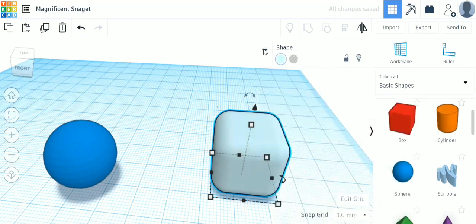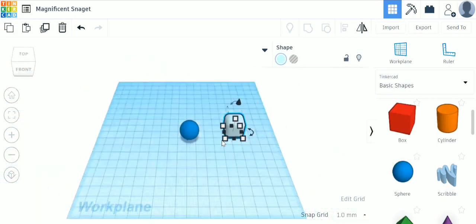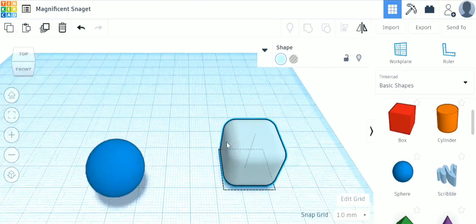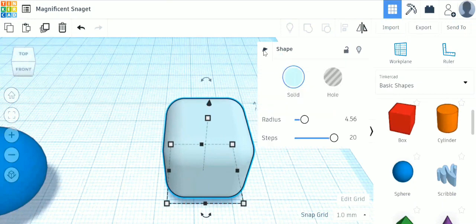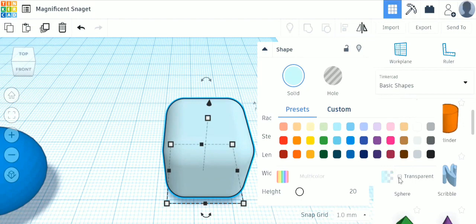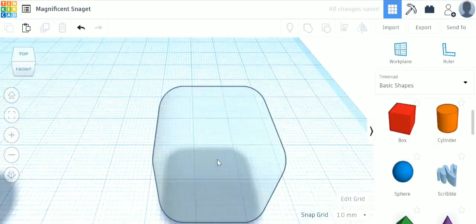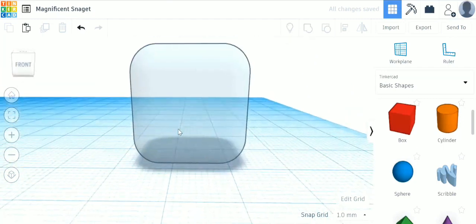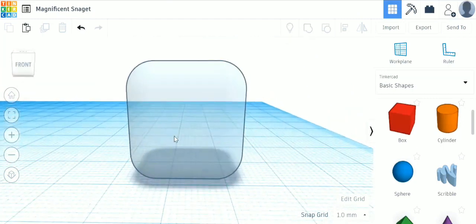One of the coolest features that I like about this color tab is that you can also give a transparent look to your object. Click on the transparent button and the object will turn transparent. This can be really helpful when you are making any kind of a window or a windshield of a car. Then this command could really help you.